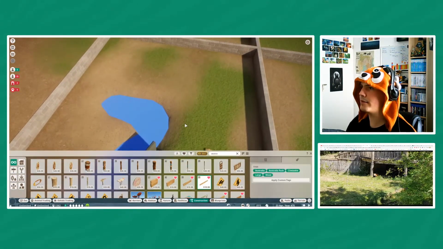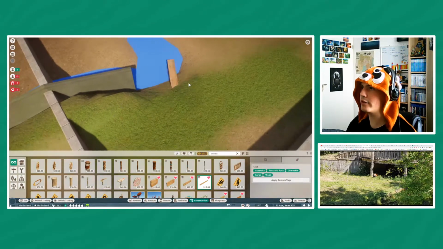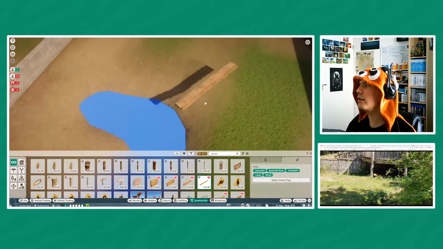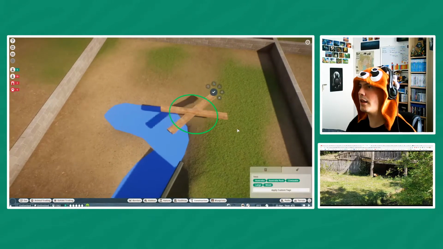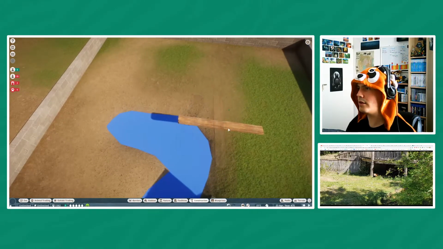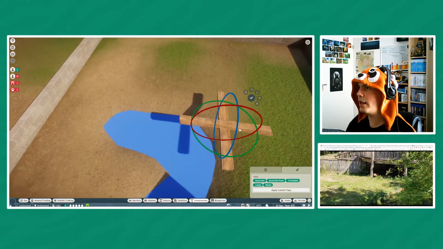Let's temporarily make it out of Australia planks. Oh, nope. Yeah,